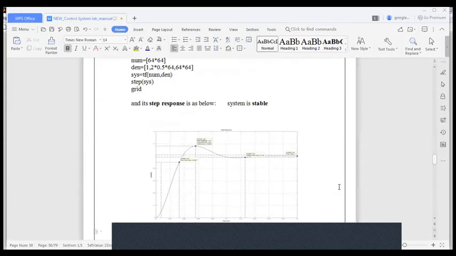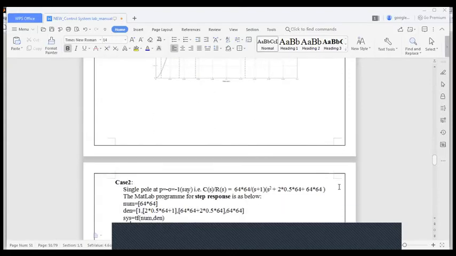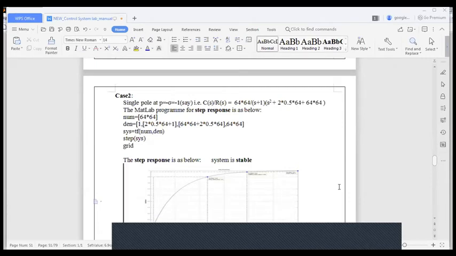Now with respect to this, when you add a single pole at p equal to minus sigma equal to minus 1, the pole means you have to reflect it in the denominator. So s plus 1, you have to write it as s plus 1, meaning you are changing the pole location to s equal to minus sigma equal to minus 1. Once you get this, how to enter it in MATLAB? As usual, you have to arrange the coefficients in the decreasing power of s. There is a change only in the denominator. You simplify and arrange the coefficients in the decreasing power of s, and enter the respective coefficients. Now observe the system response.